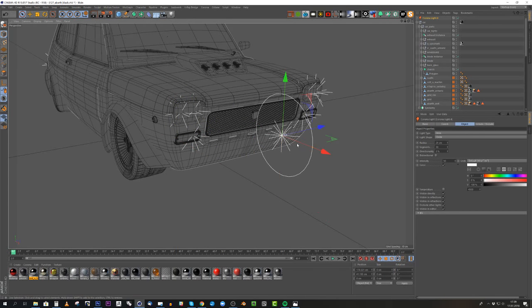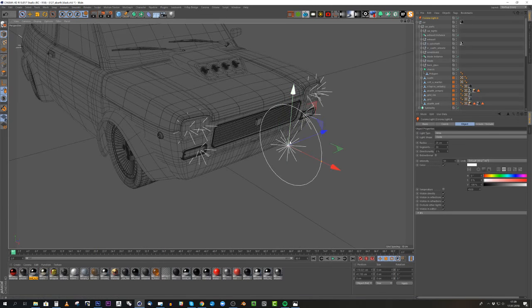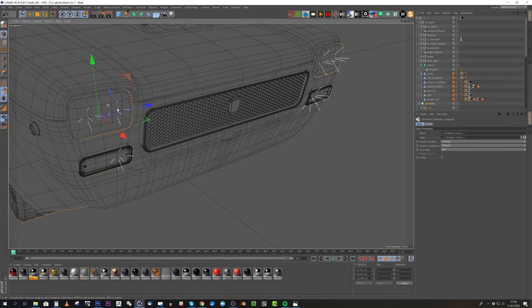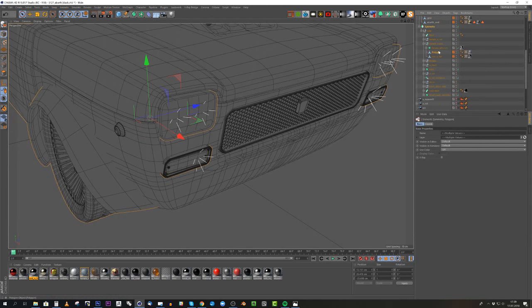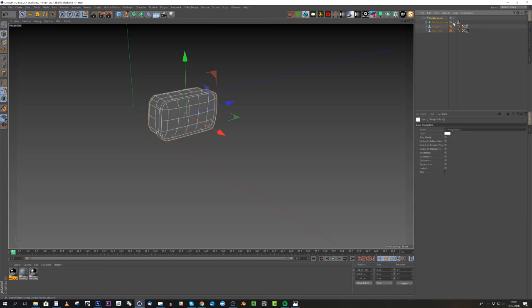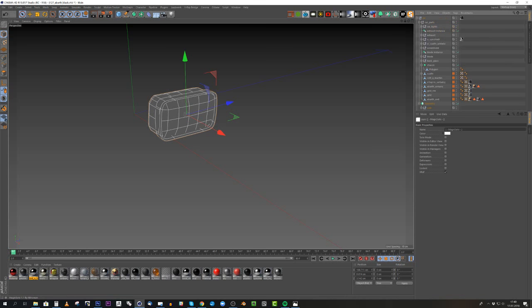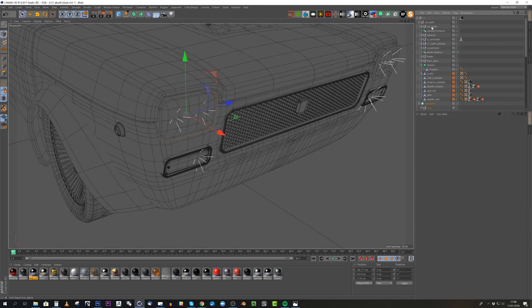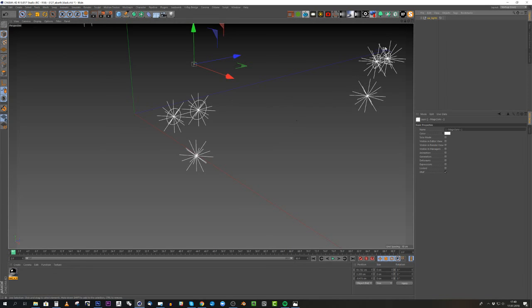And there you go. You got a light that looks like the light of a car. The only thing that I did here was, in order to simulate a little bit the lights of a car, because again, I'm not a car designer, what I did in front of the light itself, let me see if I can hide this element. Oops, sorry, I put it inside the lights. There you go. So if I hide it,